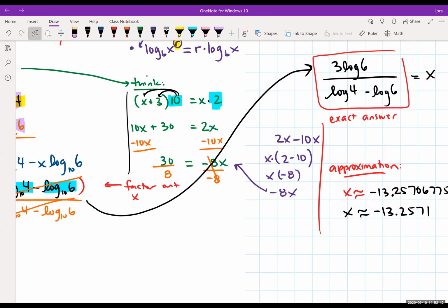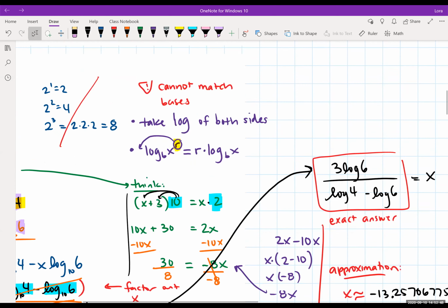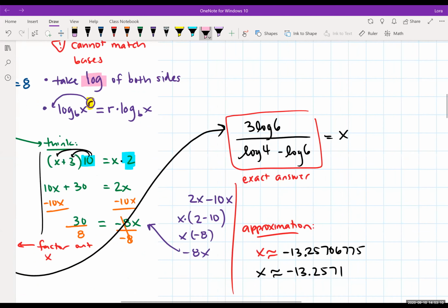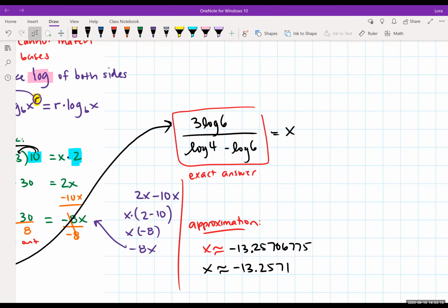Before we move on to the next type of example, I do want to show you that it doesn't really matter what type of logarithm you take of both sides, as long as it has the same base. So I'd like to show you something cool. When we're trying to take the log of both sides, sometimes people like to use the natural log, and that's fine too. I'd like to show you that we would still get the same format of the answer, but instead of having the log, you would see ln everywhere. So just a side note,